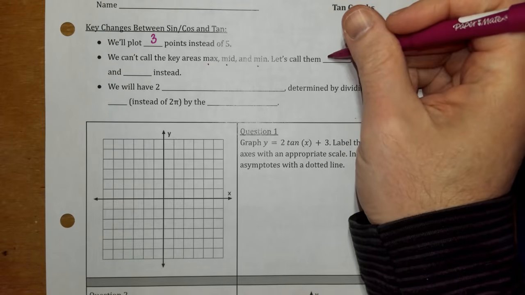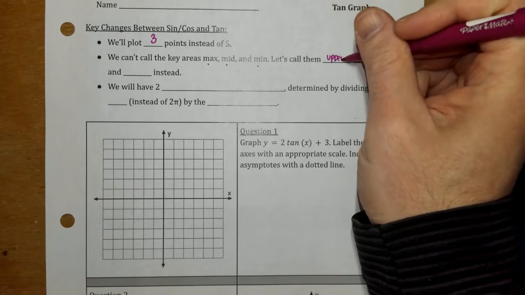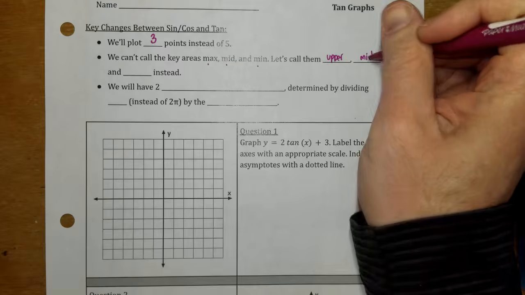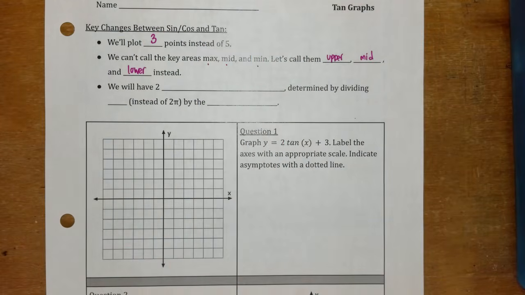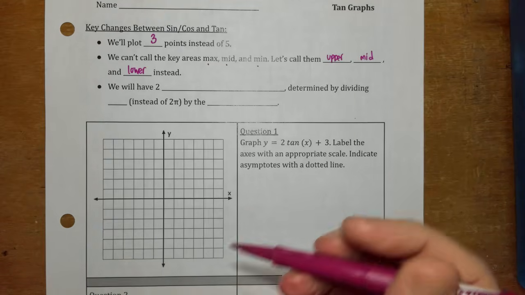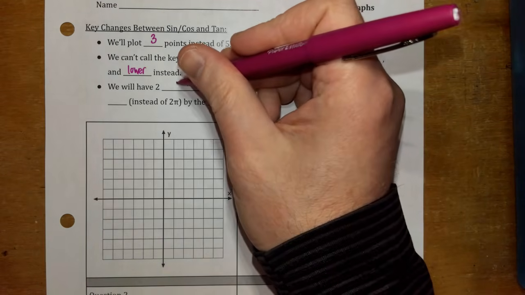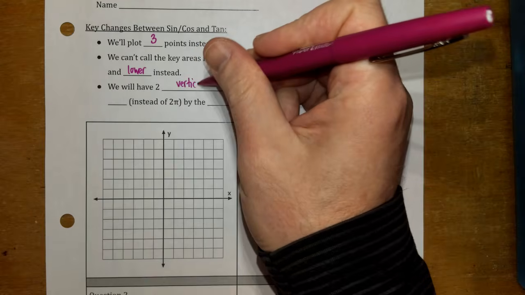So we're going to change those to be upper, mid, and lower. That's just like a language thing. We've been using max, min, and mid. We could kind of still use them, but I want to be proper. So upper, mid, and lower is what we're going to change for this. And then here's my favorite word in math. We're going to have two vertical